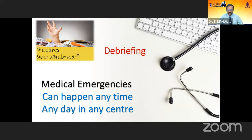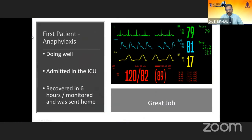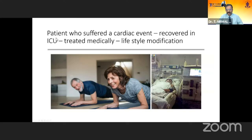So, debriefing: how are our patients now? The first patient is doing well, admitted in the ICU, recovered in 6 hours. This was the monitor signs after 6 hours, and the patient was sent home. Great job. The second patient, who suffered a cardiac event, recovered in the ICU, was treated medically, and then with lifestyle modification, she